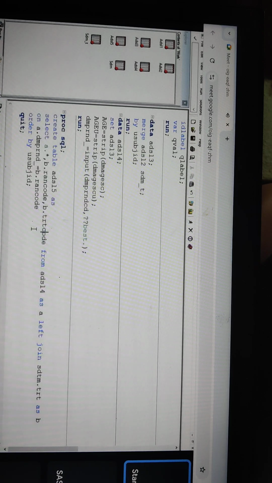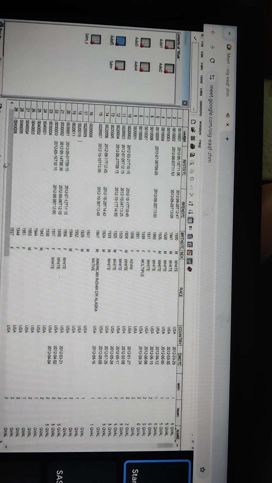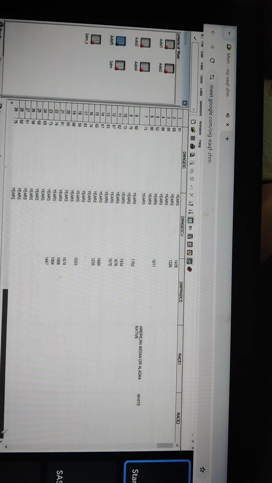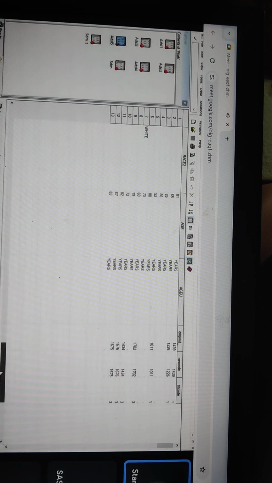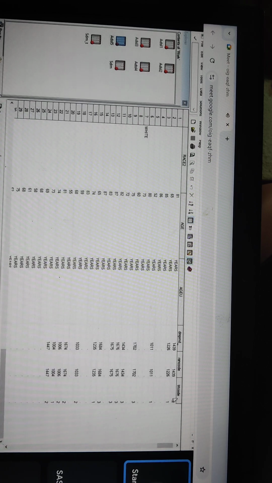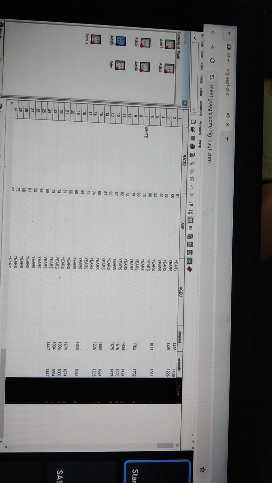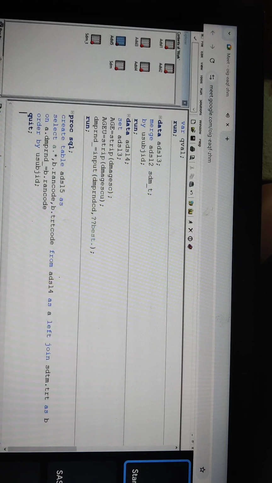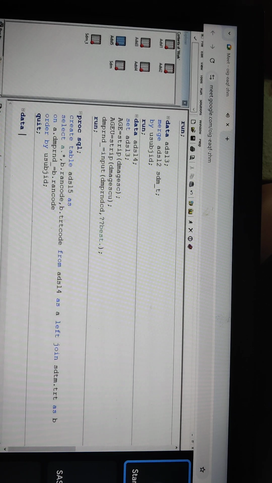Okay, so now it is rerun. So both the data types should be the same, right? Previously one was character, one was numerical. Now you see the ADSL file. In the ADSL file, the treatment code was assigned. So now in the next step, data ADSL6, set